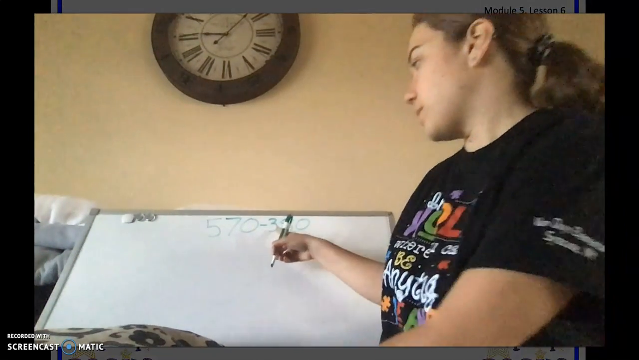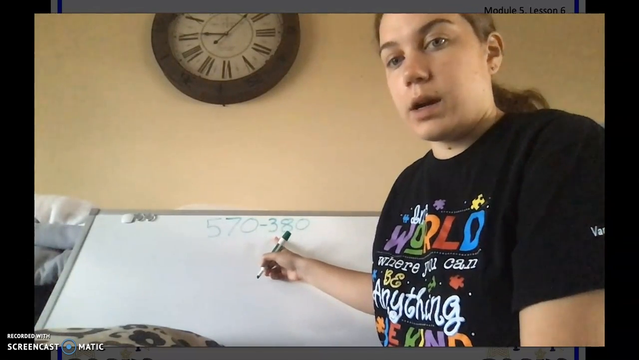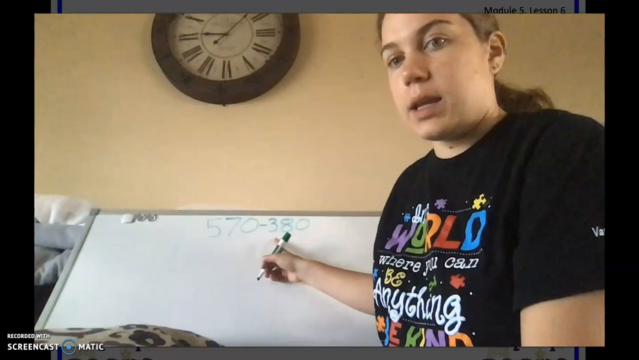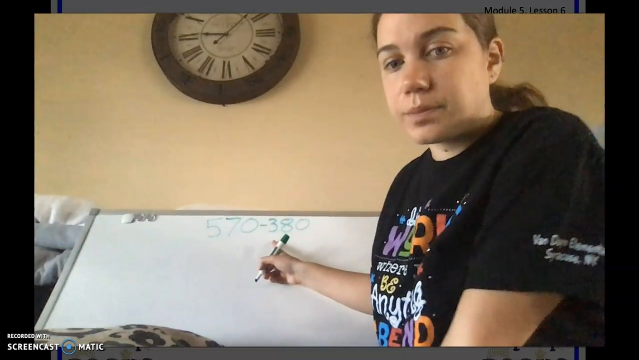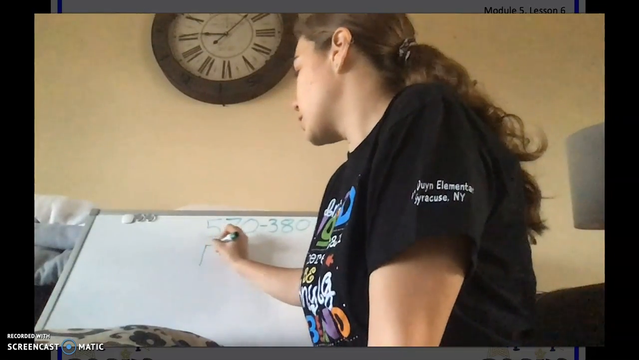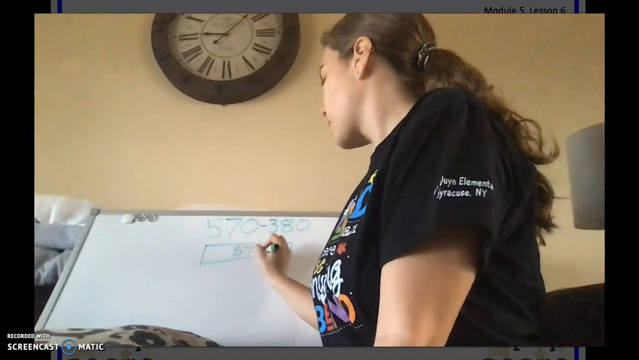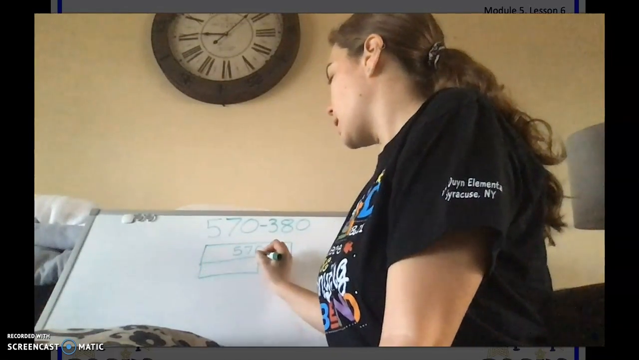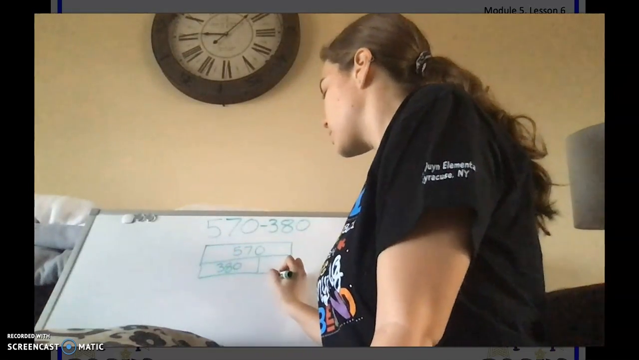Well, if you look, this one's closer to the next 100, so you want to get to the 400. So if you're at 380 and you need to get to 400, how much more do you need to add? Good, 20 more. So if you have your 570 and your 380, and you don't know this part yet,